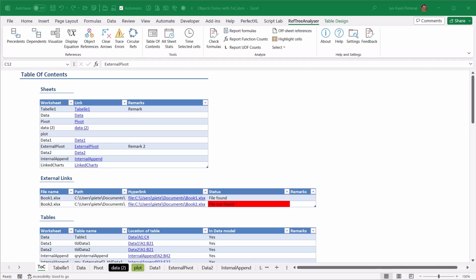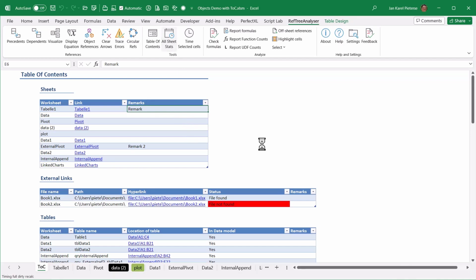So this tool makes it very easy to create a starter for your documentation for a spreadsheet, because you can simply click the button, it will list all of the things that are in your workbook, and that gives you space to add remarks to each and every item so that you can explain what the item is for, and you'll never have to worry that your remarks are going to be reshuffled and go out of place. So that's table of content, and we have all sheet